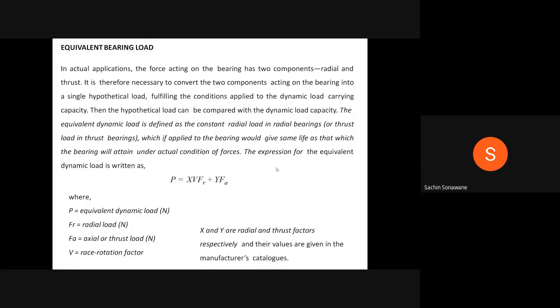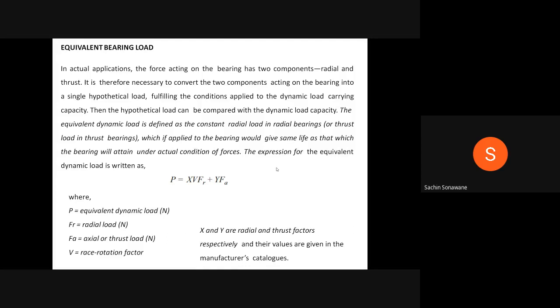Now, equivalent bearing load. In actual applications, the force acting on the bearing has two components, radial and thrust. It is therefore necessary to convert the two components acting on the bearing into a single hypothetical load, fulfilling the conditions applied to the dynamic load carrying capacity. Then the hypothetical load can be compared with the dynamic load capacity. The equivalent dynamic load is defined as the constant radial load in radial bearings or thrust load in thrust bearings, which if applied to the bearing would give the same life as that which the bearing will attain under actual conditions